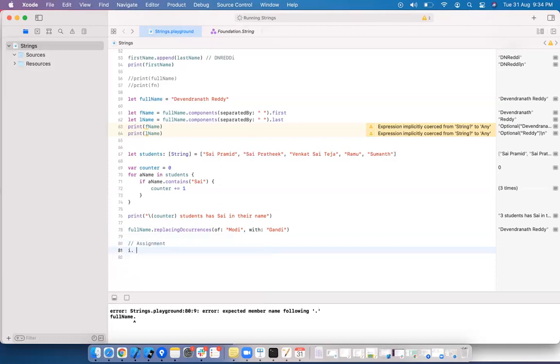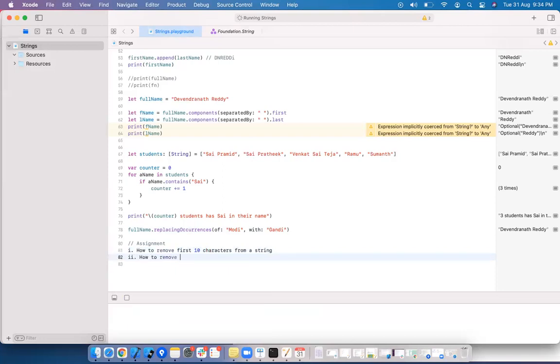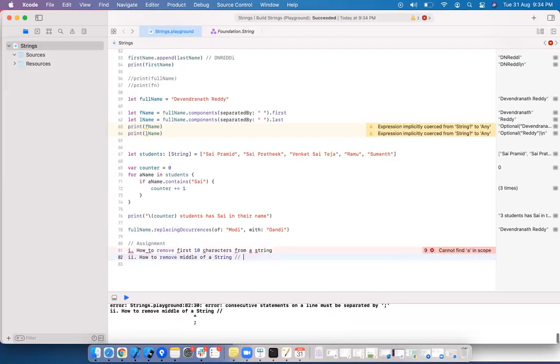Assignment. How to remove the first 10 characters? Remove from the middle of a string; I want to remove from index 10 to 15.